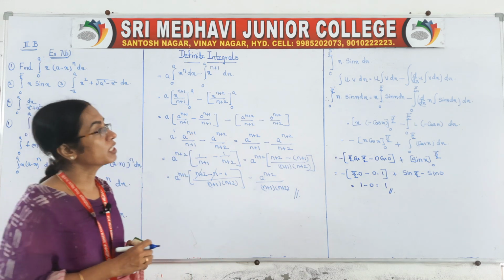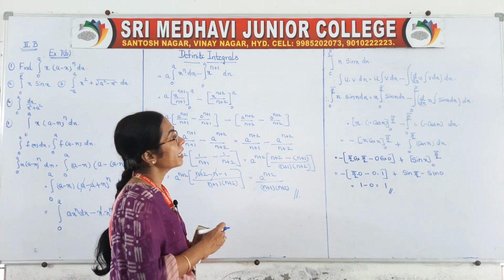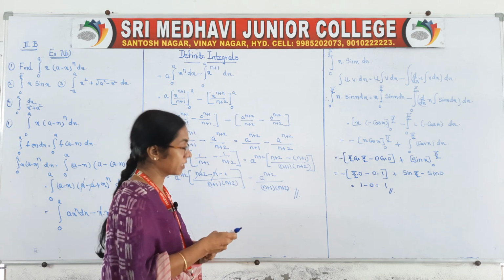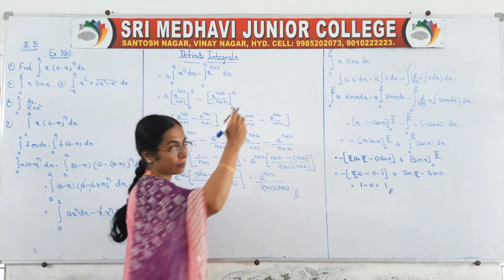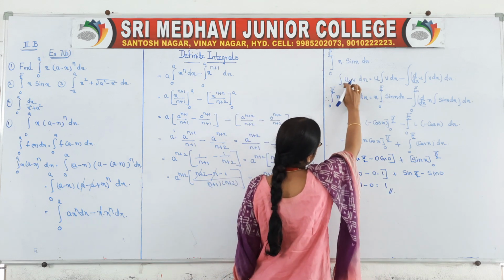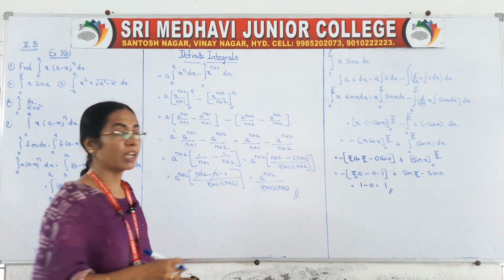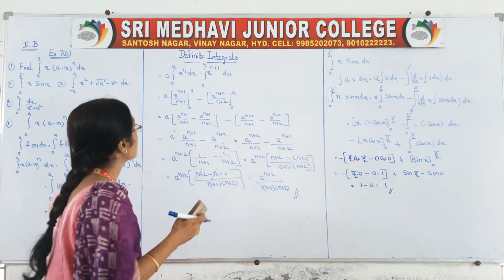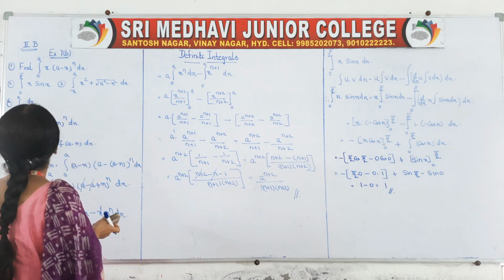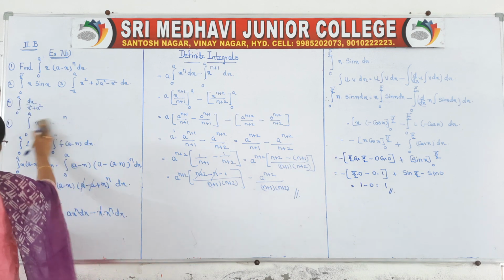So this is called solving the problem by integration by parts. If a product form is there, x into sin x, the u into v form we have to take and apply the formula. Okay, so now come to the next question. What is your next question?